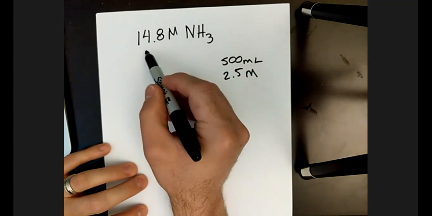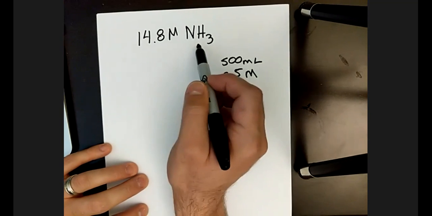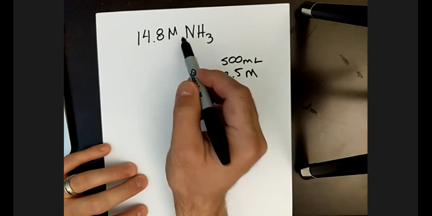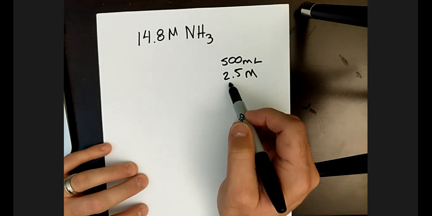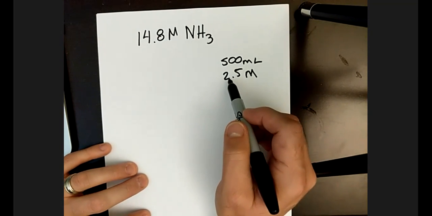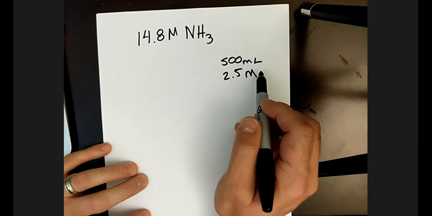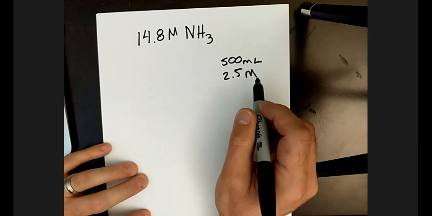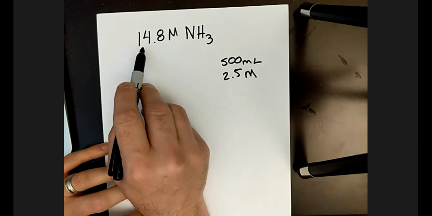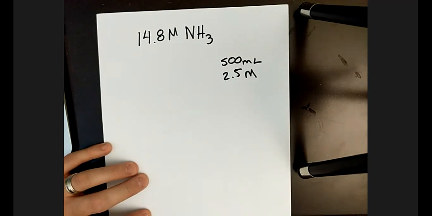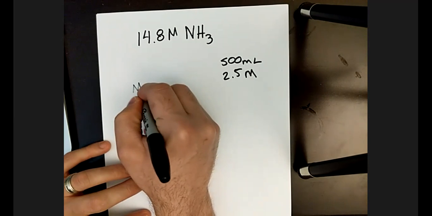Our solution starts from a 14.8 molar ammonia. So this is very concentrated. And we want to make 500 milliliters of a 2.5 molar solution. Generally, when we are making solutions, we know the quantity and quality of the solution that we want to make, and we are generally given a starting concentrated stock solution as well. Dilutions follow the equation